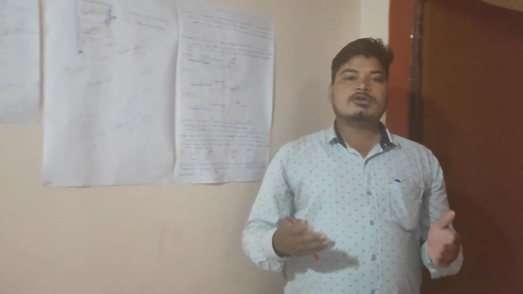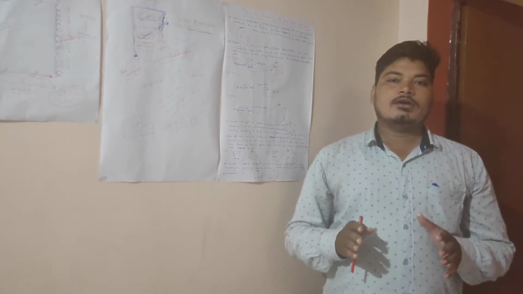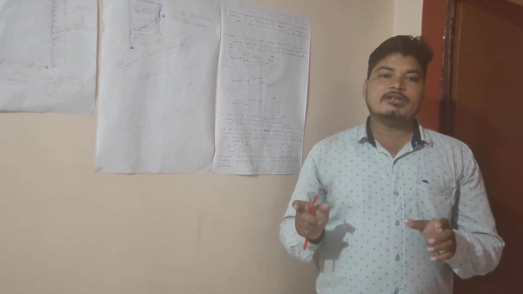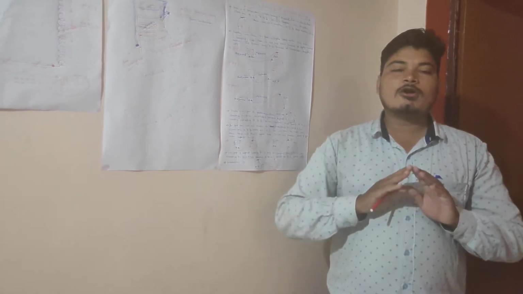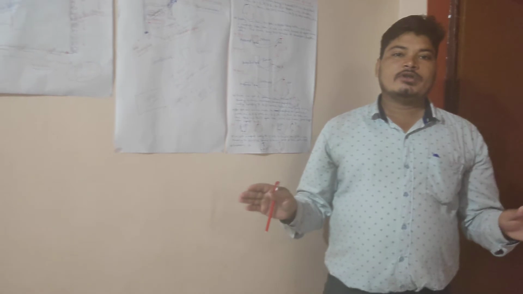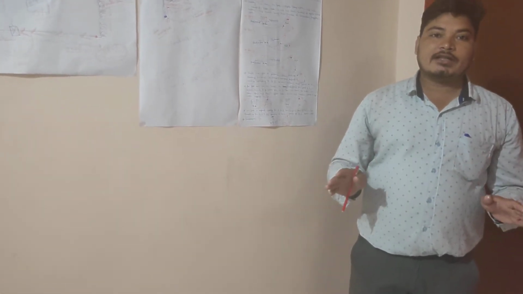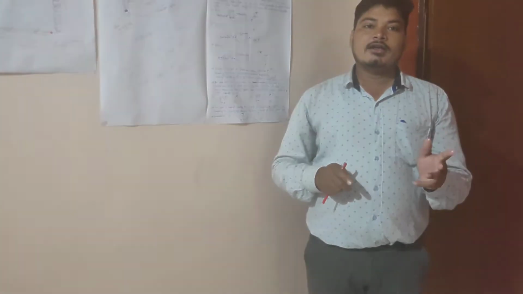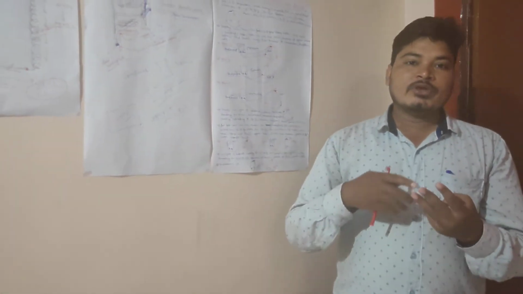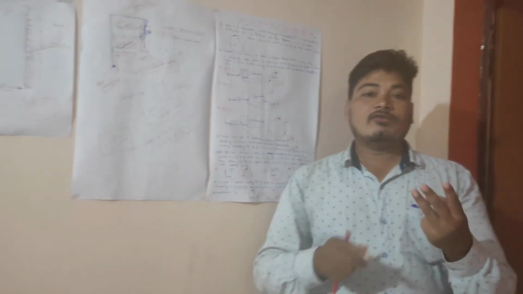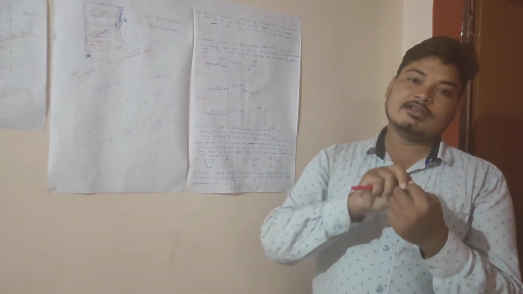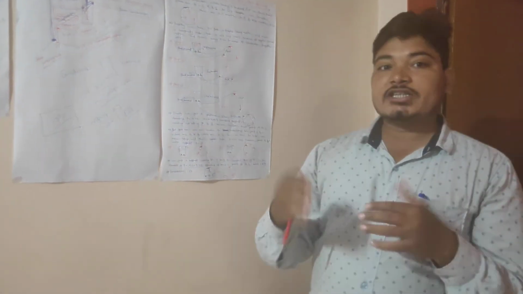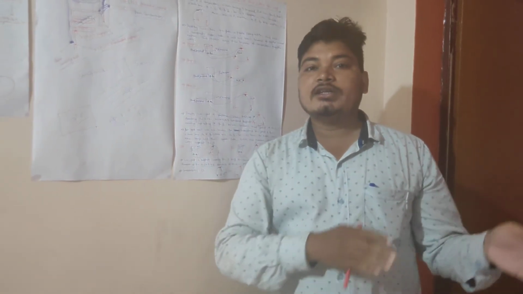If we don't know the exact points of common, running, and starter of a compressor, then we cannot make the electrical wiring. I repeat again, every compressor has three electrical terminals: one is the common, another is the running, and another is the starter. So today our topic is how to trace and identify the common, running, and starter of a compressor.